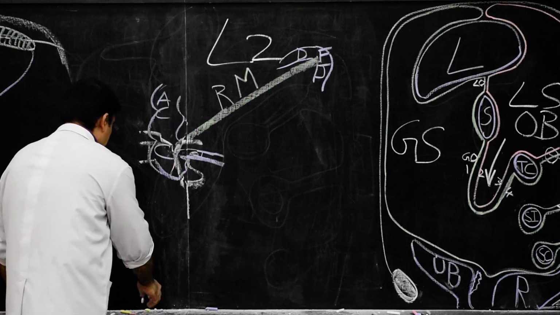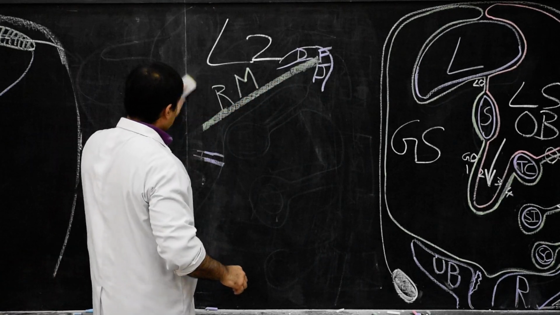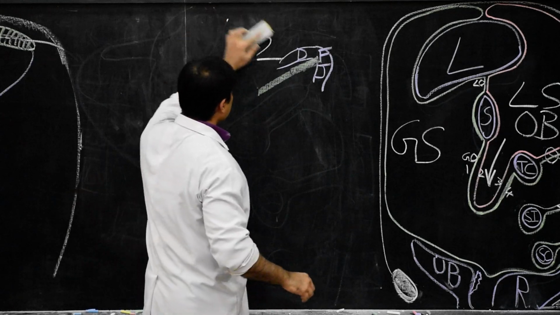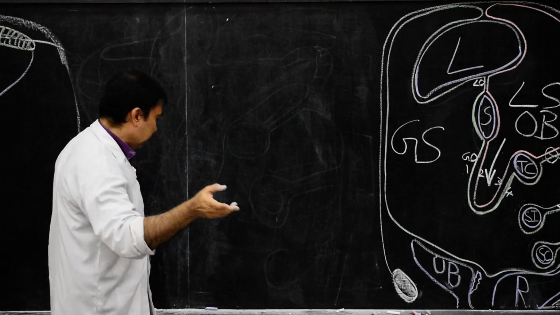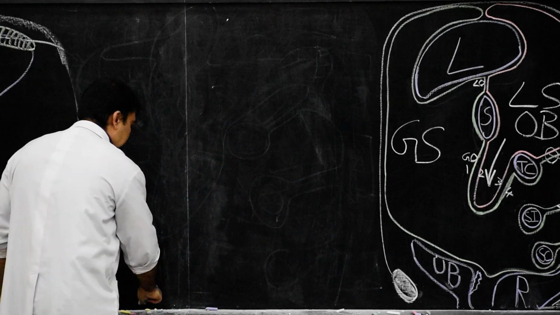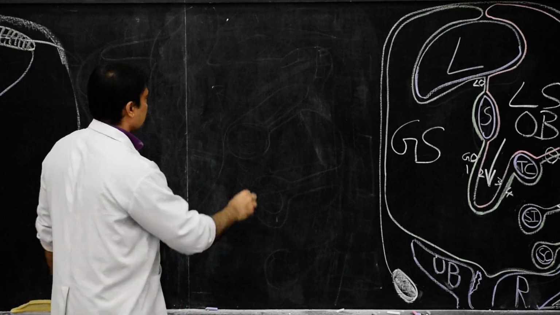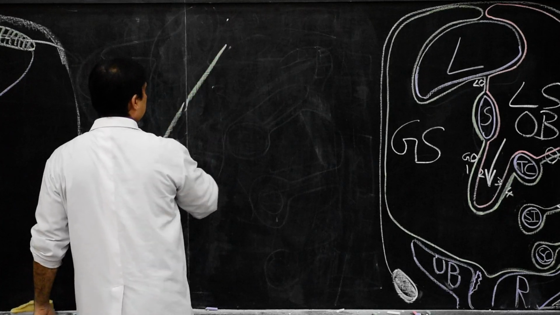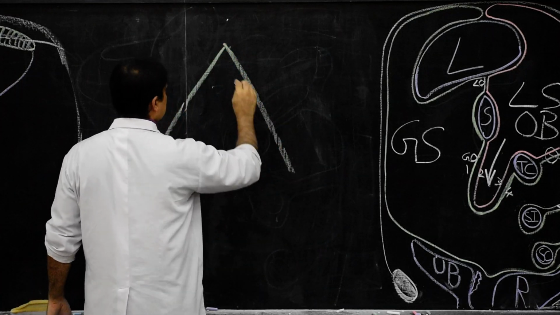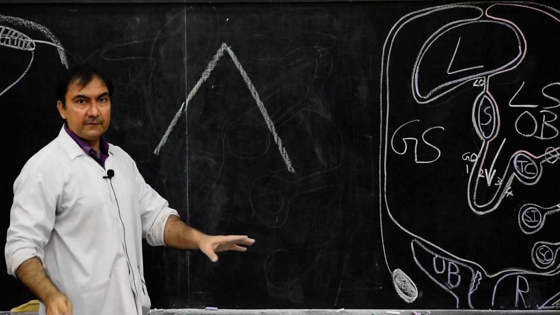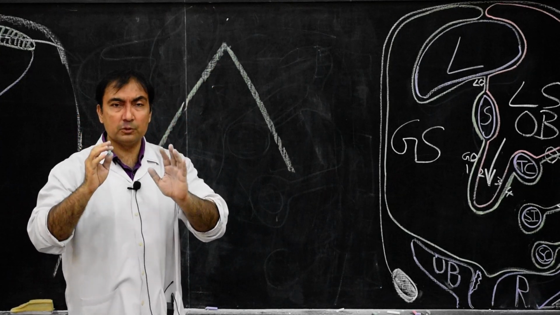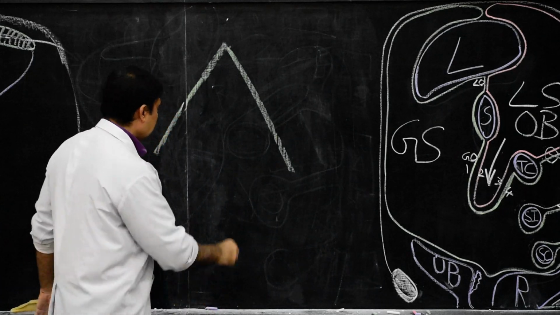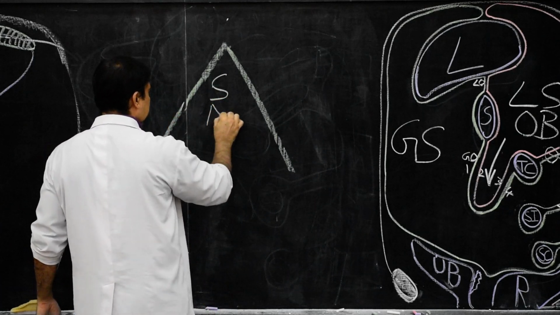Then we come to the root of sigmoid mesocolon. The root of the sigmoid mesocolon is V-shaped. Now remember, this is many times asked in the MCQs or viva questions. It is totally V-shaped. So here, this is how the sigmoid mesocolon is, an inverted V-shape. The inverted V-shape is the attachment of the root of the sigmoid mesocolon. And here I can write sigmoid mesocolon.